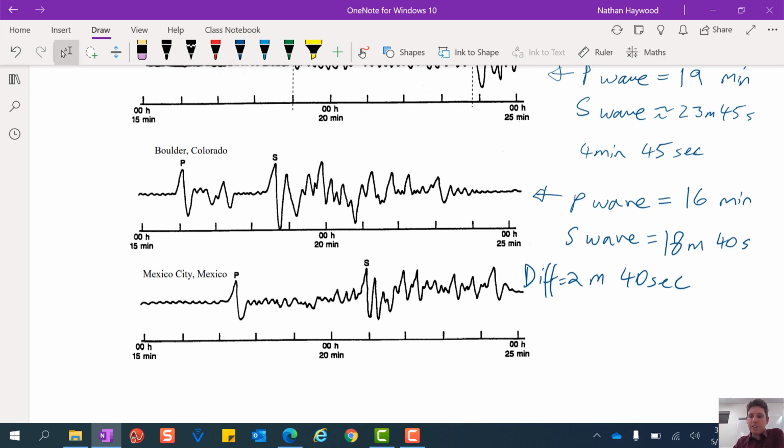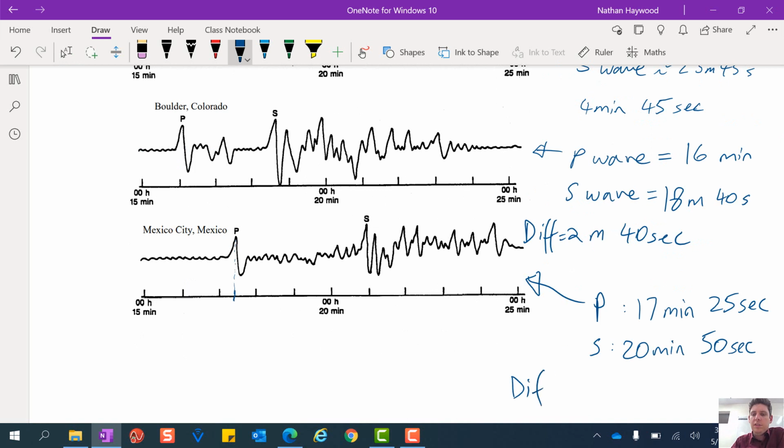All right, let's try Mexico. So the difference between those two is 25 seconds difference and 3 minutes. If you minus that one from that one,